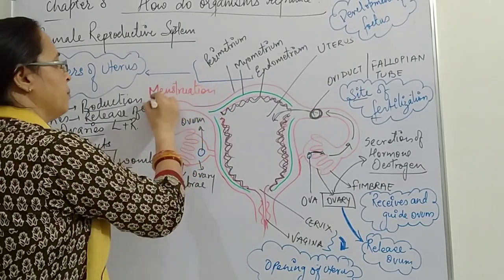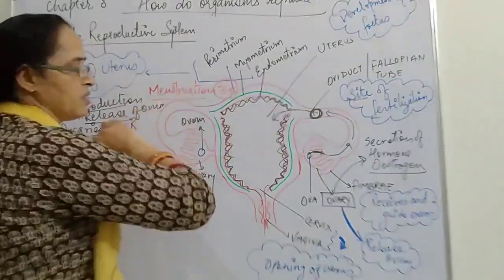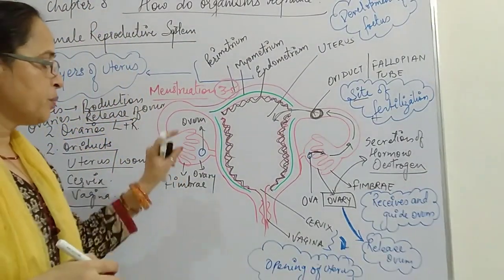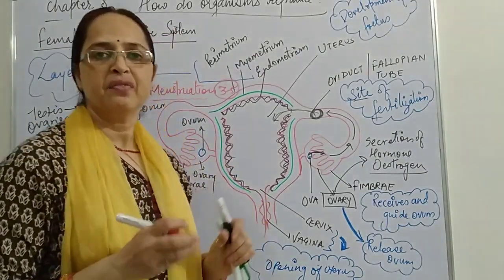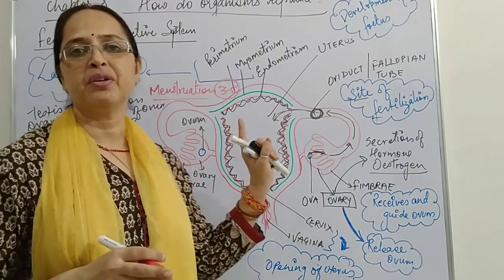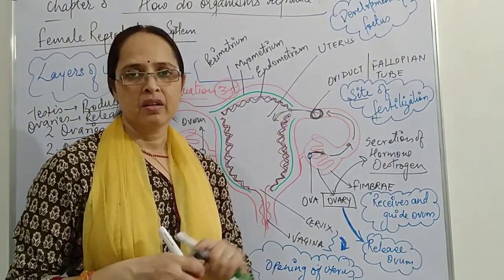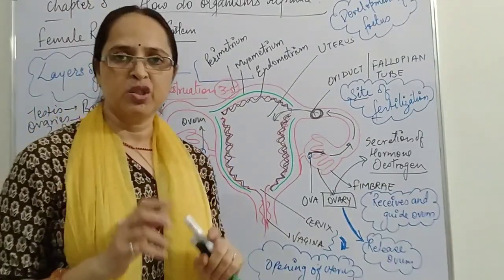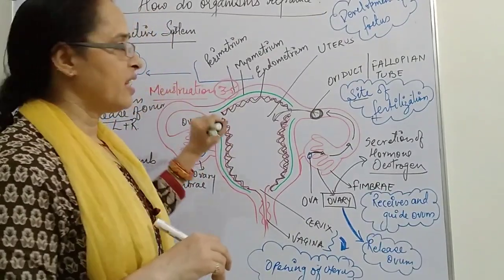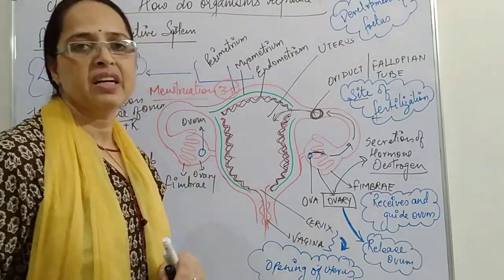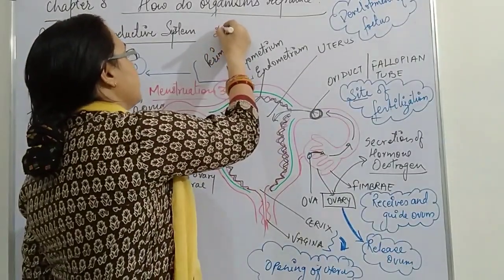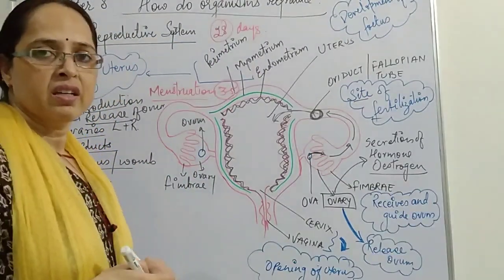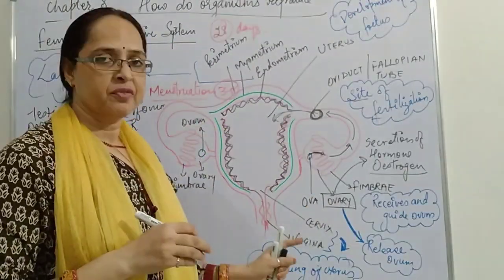And it lasts for about 3 to 5 days. So with the menstruation period, the bleeding occurs for 3 to 5 days, so that this complete waste blood can be removed from the uterus. Okay, so this is the case when no fertilization occurs, and this cycle is repeated after every 28 days. Okay, so this was the first condition.